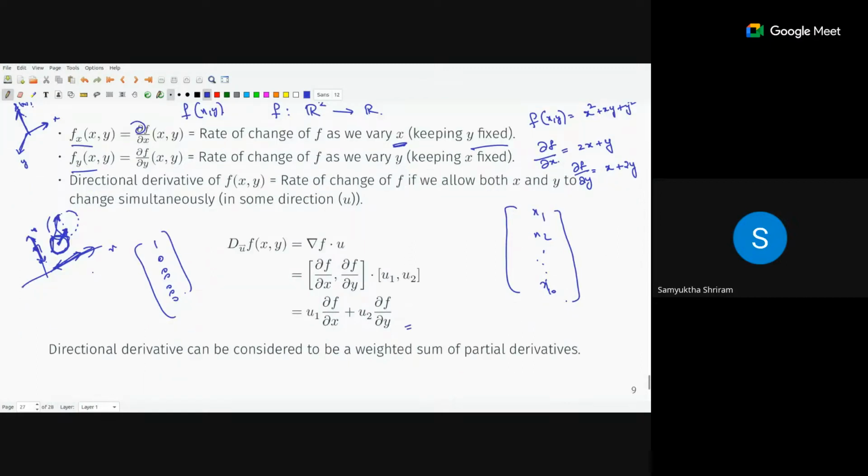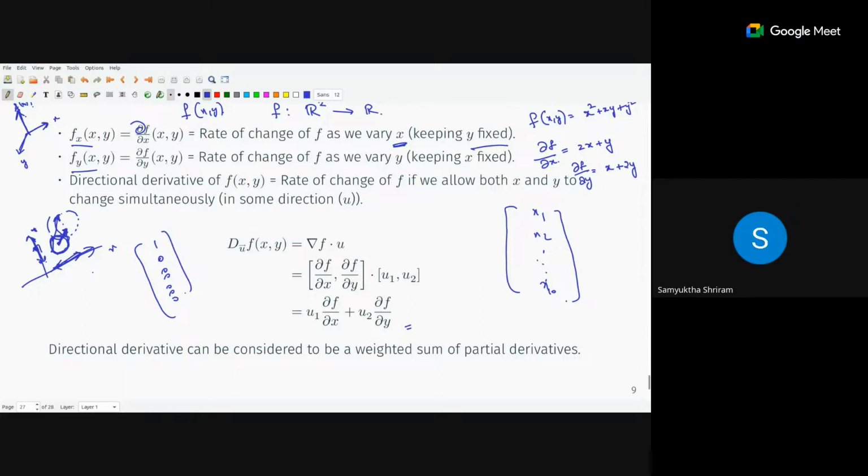Sir, are x and y changing by the same amount? I mean, are the rates of change of x and y the same? No need to be. x can change by some 10 units, and y can change by some 20 units by then. That depends on how fast y varies and how fast x varies. x and y are independent of each other, right? They are free to vary however they want.